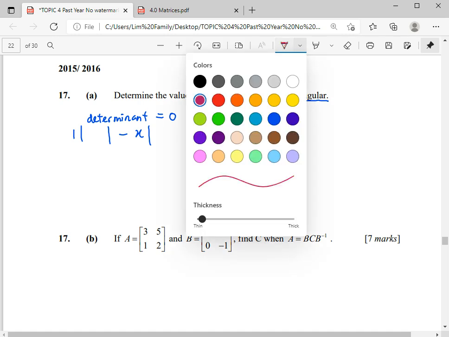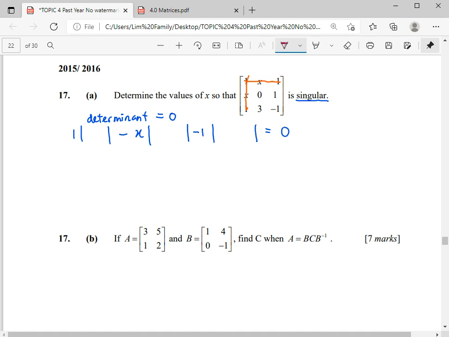So when we eliminate our row 1 and column 1, we will get the entry here is 0, 1, 3, negative 1. Okay, so we do it faster by expanding a row here, row 1 here. So copy paste 1, negative 1 here, 0, 3 at the back. Then we see the vertical value here is x, 1, x, 1. So now we're going to expand our